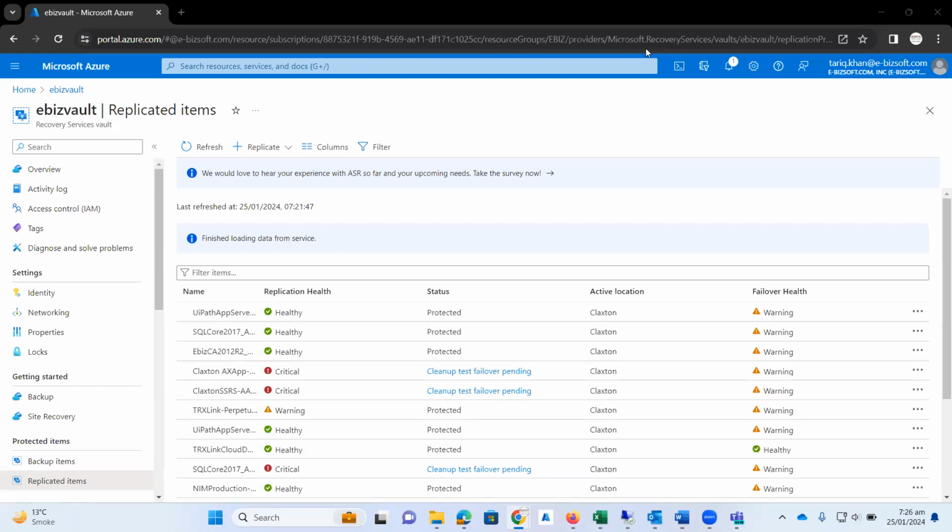Well, in the previous episodes, we configured Microsoft ASR and replicated our on-prem infrastructure to Microsoft Azure. For testing purposes, we enabled replication for a single VM. If you talk about this VM, here is the replication health column, and here you can verify the status is healthy. When I click on it,